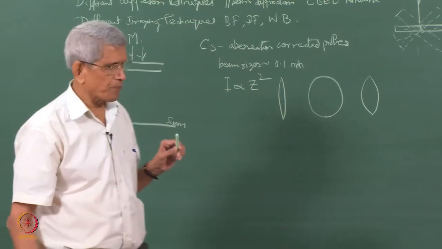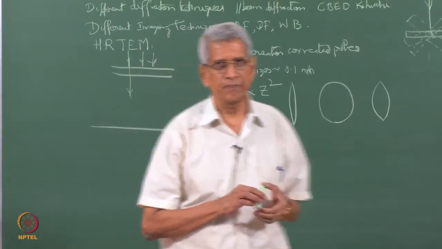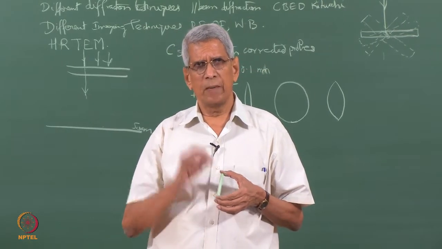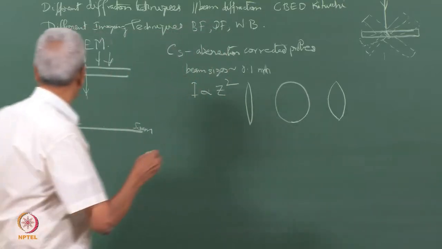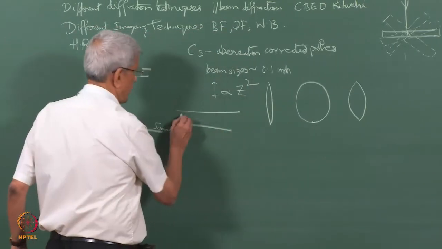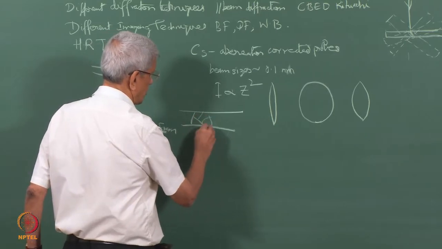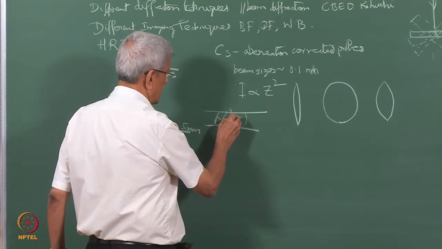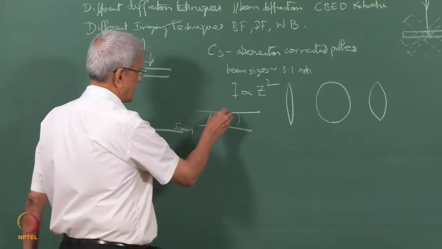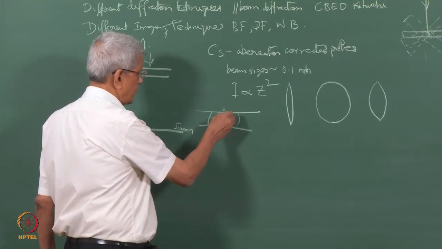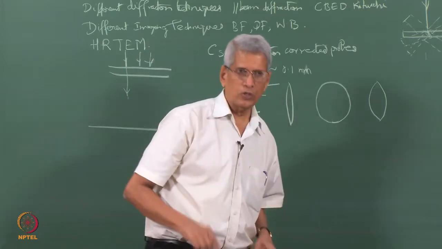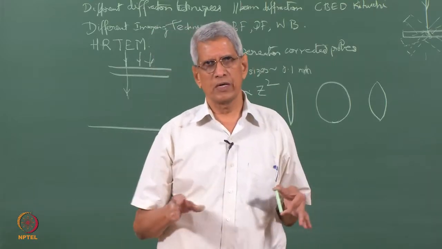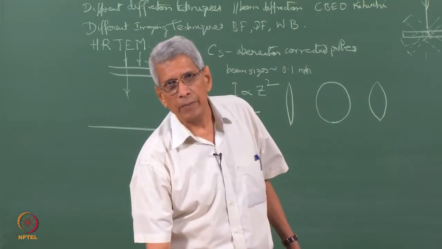What is going to happen when the sample itself is magnetic is that as the electron beam enters the sample, the magnetic field can vary locally at different points in the sample. Suppose different magnetic domains are there. Depending upon the domains, the electron can interact with the magnetic field, and the Lorentz force will act on it and shift the beam in different directions. The beam which has already been aligned, the whole alignment goes awry. This is one of the problems with